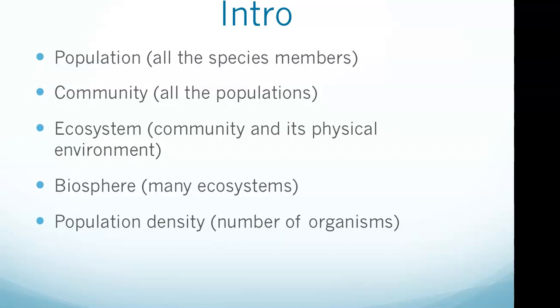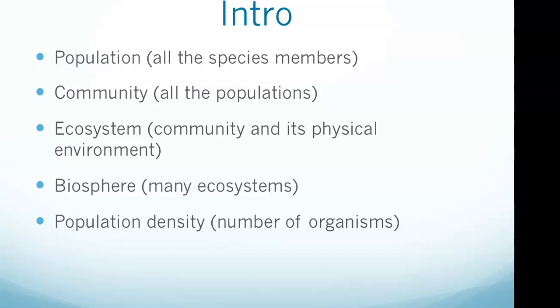All right. So first here we'll look at population. Population refers to all the species members found in a particular area. A community, on the other hand, encompasses all the populations in an area. A community is a group of people living in the same place or having a particular characteristic in common. An ecosystem, and that was one of our questions there. An ecosystem encompasses both a community and its physical environment. An ecosystem is a community of living organisms in conjunction with the non-living components of their environment.